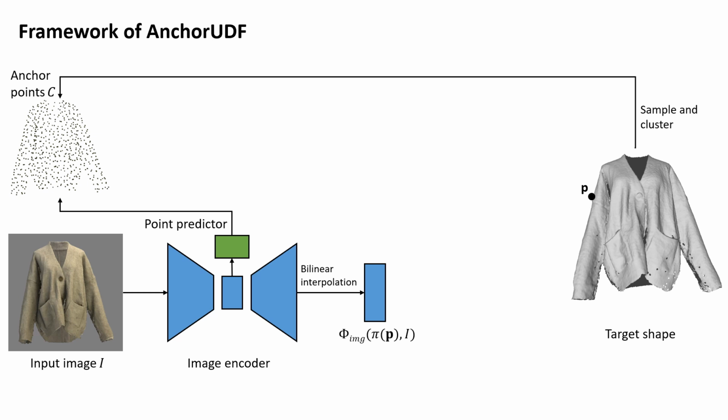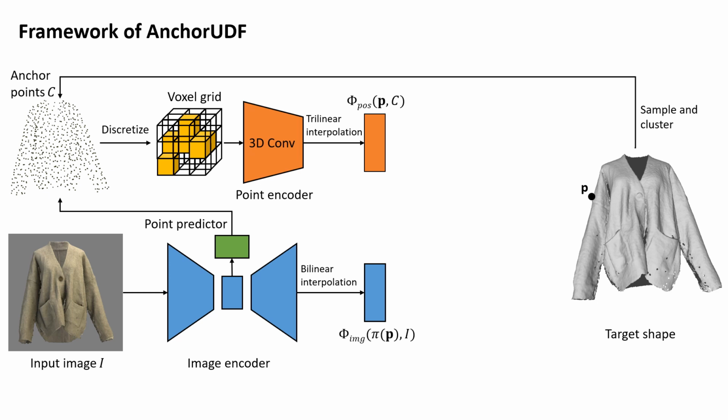In order to compute more discriminative 3D position features for the query point P, the set of anchor points located around the surface is used to encode the 3D position of the query point. To obtain a set of anchor points which can adequately cover the surface using only a small number of points, we cluster points sampled from the ground truth surface with k-means and use clustering centers as targets to learn a regression network on top of the backbone to predict the anchor points.